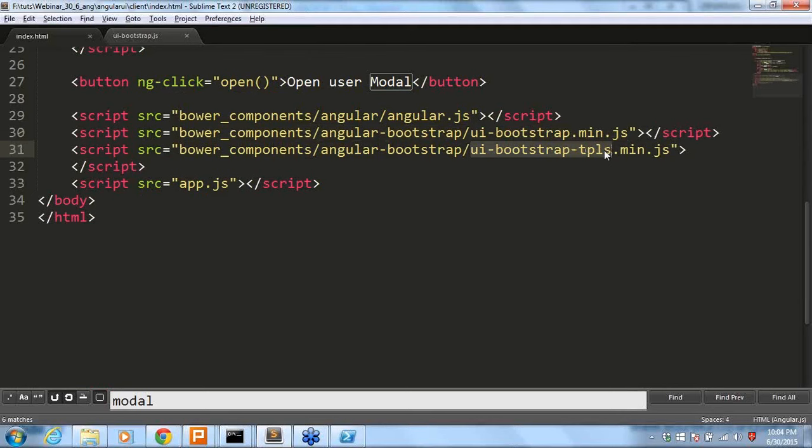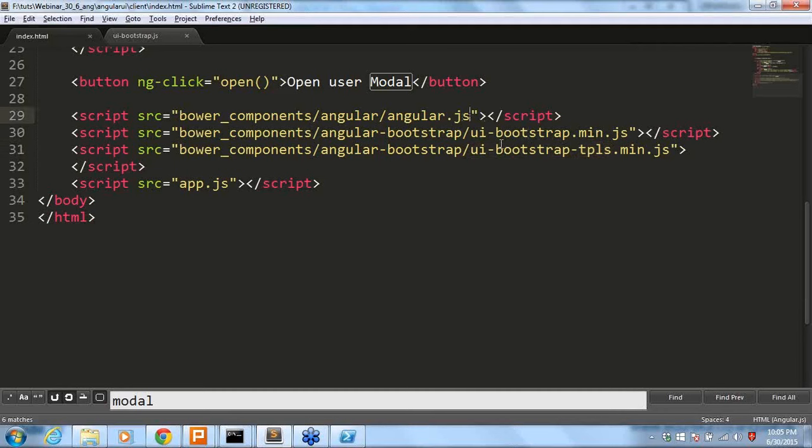If I am opening a pop-up, the pop-up should have its own header, footer, modal body, everything, because you won't be writing everything; you will just give the information to be displayed in the pop-up. Otherwise you would have to create everything, including the backdrop and other things, right? That is available right here in the templates. In the same way, if you are using a tab, the tab should have the header and other things. All kinds of templates are available right here with the template cache, which serves those files to our application.